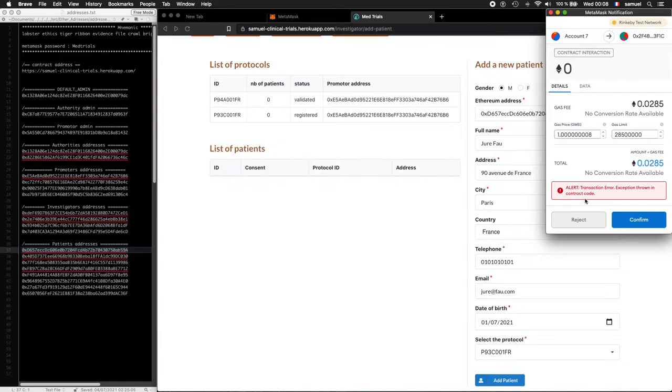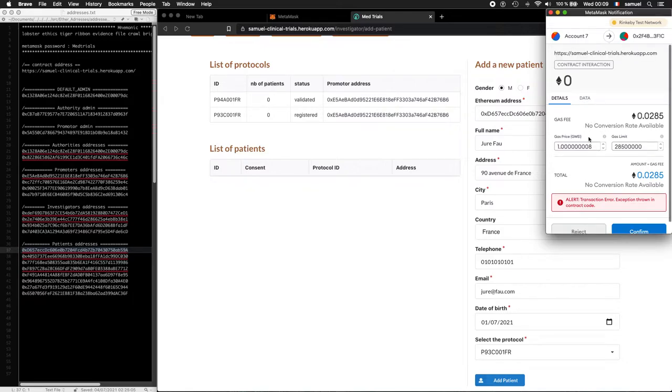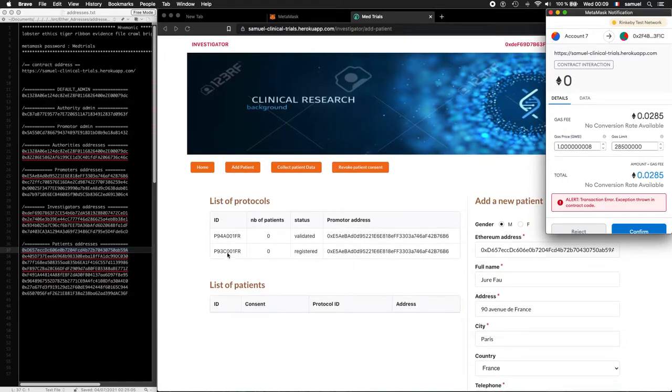The contract has found an exception because the contract knows that this protocol, the second one, has not been validated. So it still needs to be validated in order for this investigator to be able to add new patients or to enroll patients to this protocol.